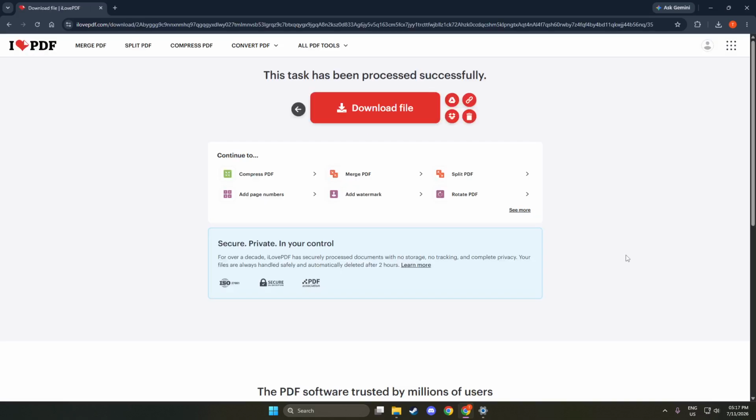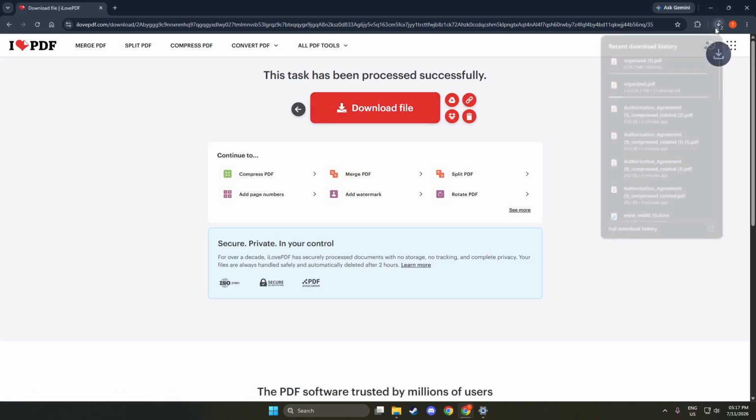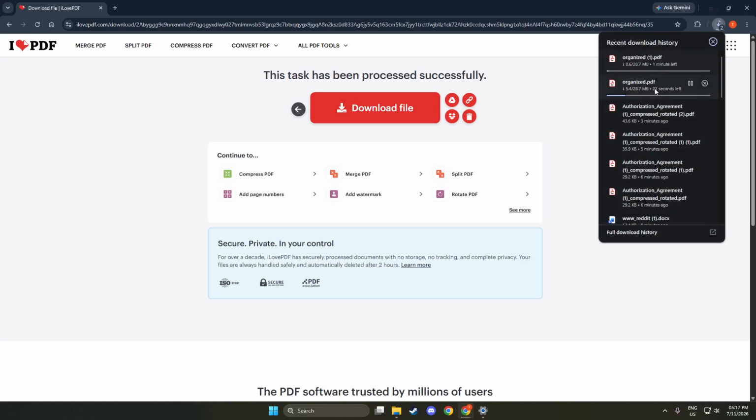You have successfully added pages to your PDF using iLovePDF. Each step was designed to simplify the editing process, making your experience smooth and efficient. Remember, having the right tools can save you time and effort when working with PDFs. Now, enjoy your newly edited document and feel free to explore more features available on iLovePDF.